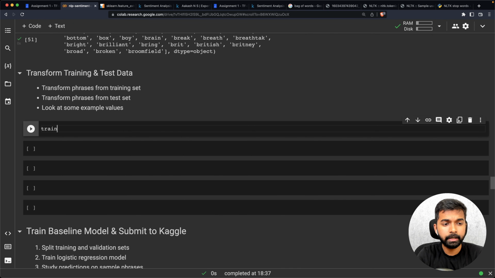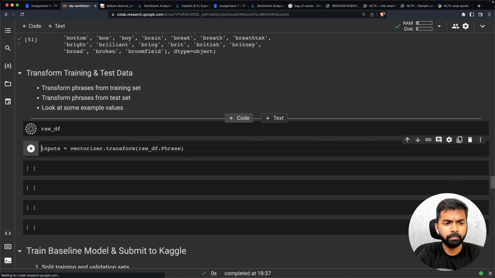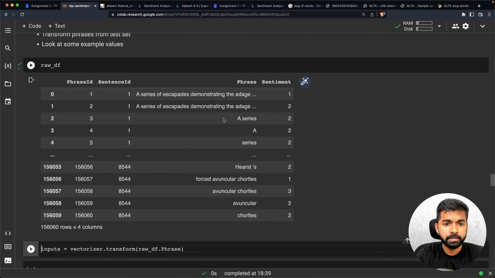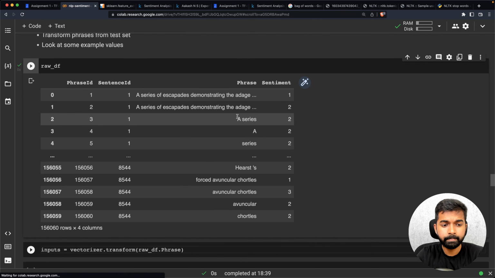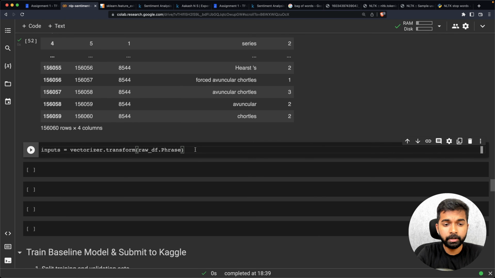So let's call it inputs. So inputs equals vectorizer dot transform raw df dot phrase, and let's just recall what raw df looks like. So raw df contains all these phrases which are picked from various sentences, and vectorizer dot transform is going to